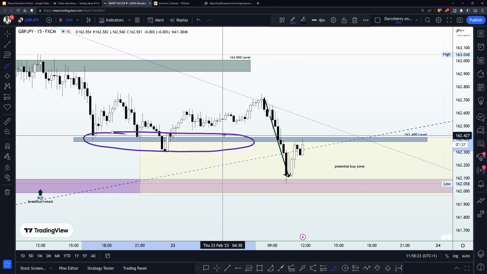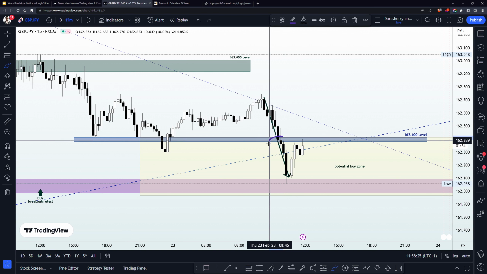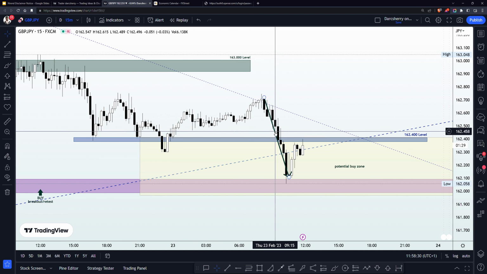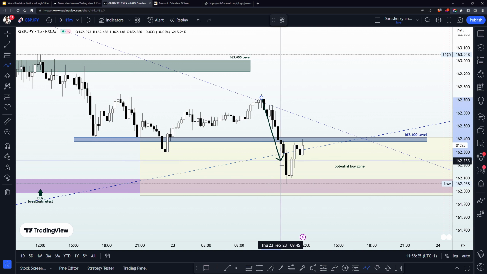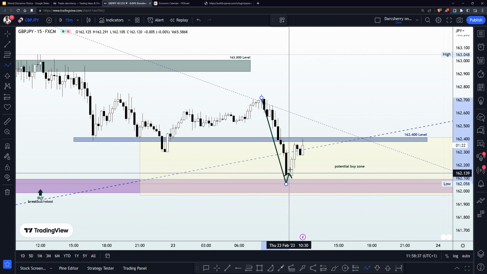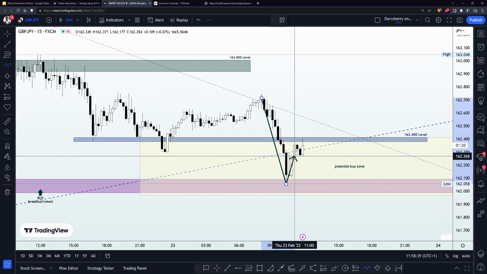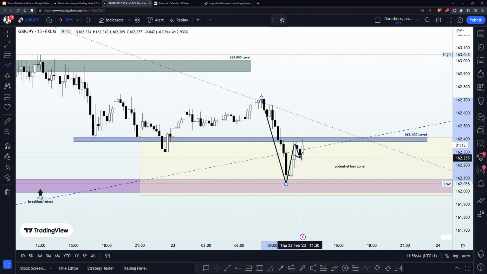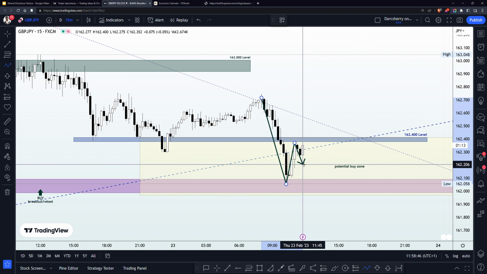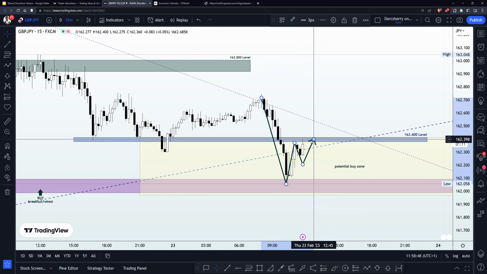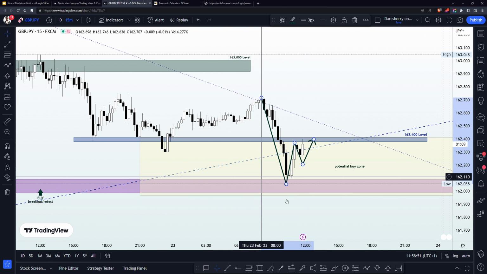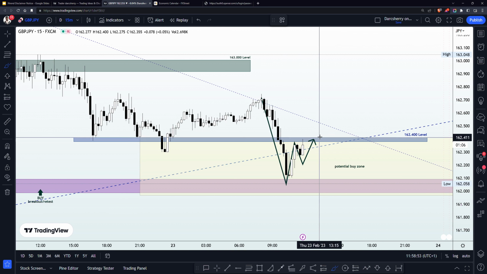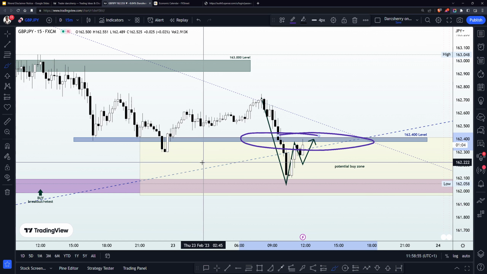We saw buy pressure around that area, after which we saw the breakdown of the structure here during the early hours of today. And one thing we have noticed is that as soon as price hit our TP target for the sell position we took here, we saw a bullish attempt from that area. So we have a situation where price has come back into the 162.4 zone area. We saw some attempts here, so we might likely see a reversal pattern around here. So if a reversal pattern forms around here, then definitely the 162.400 area will be serving as the neckline of